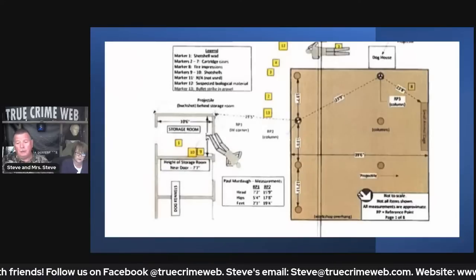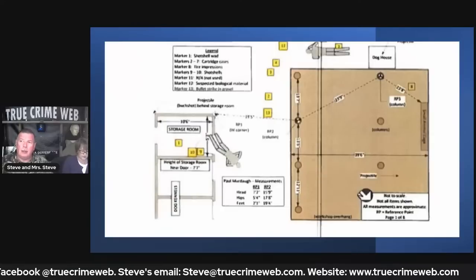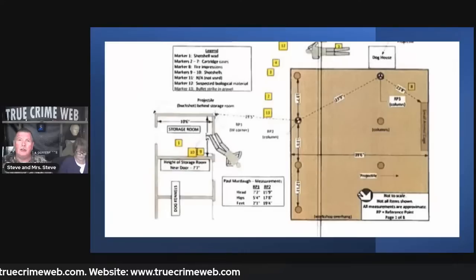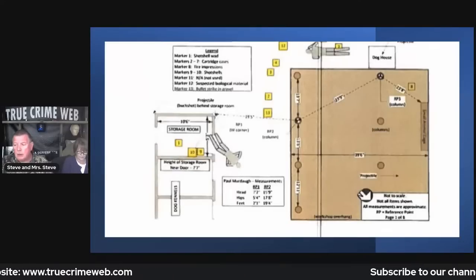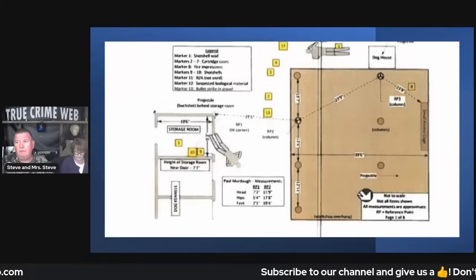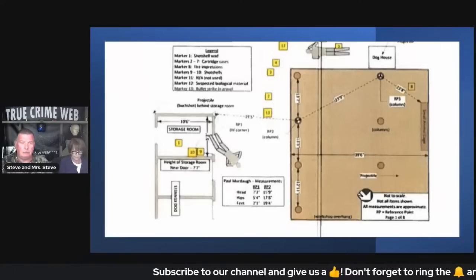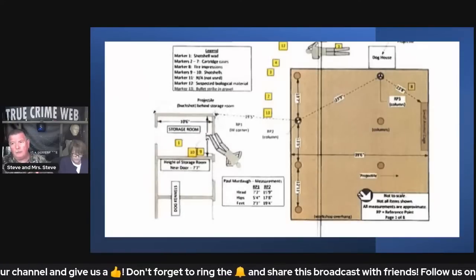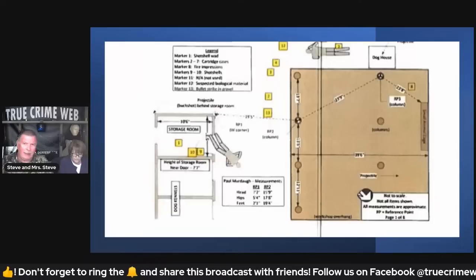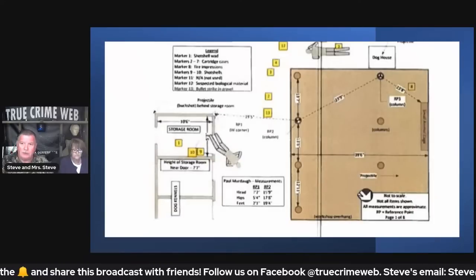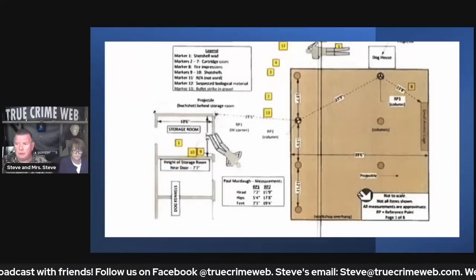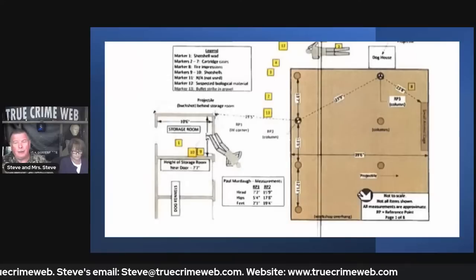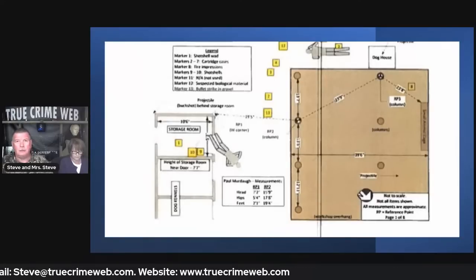For the presentation part of it, I did a lot of still frames so that you'll be able to see as we discuss certain things that occur at a crime scene that investigators look at. During the investigation, everything at a crime scene tells a story, just as I spoke about in the last video. And each part of that story, everything from the angles, the trajectories, the stippling or the tattooing on the skin that could be caused by the muzzle blast, the angle of blood spatter, blood trails, all that tells a story.